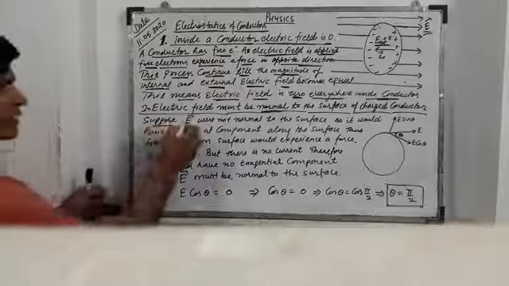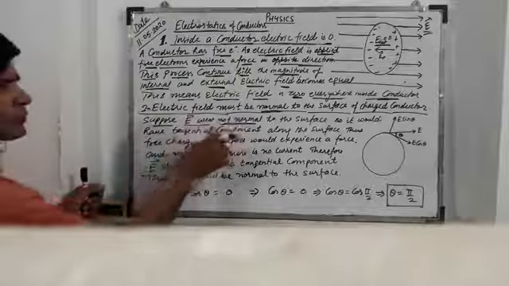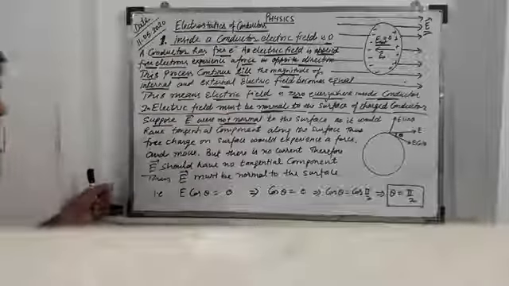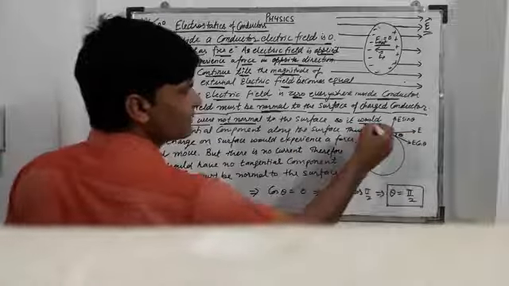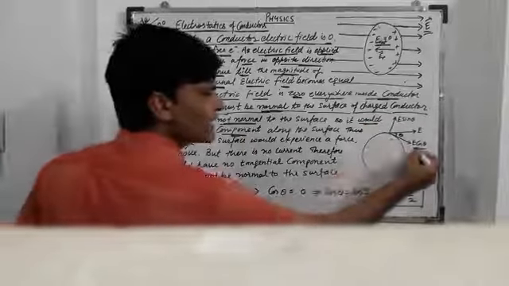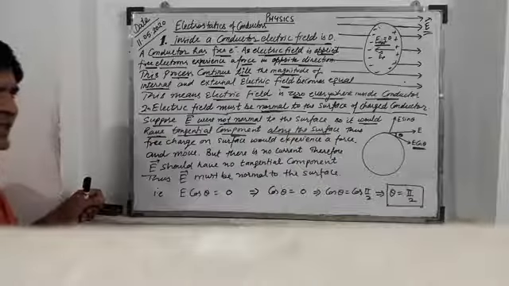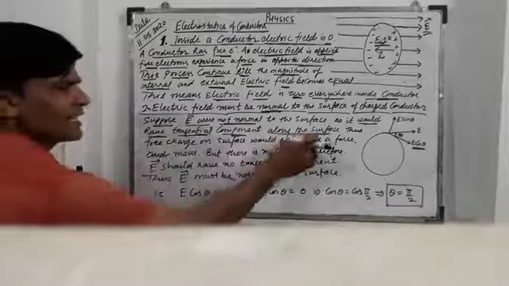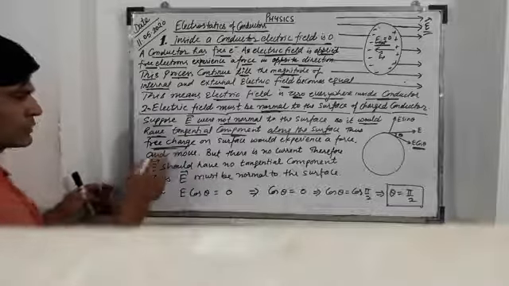Suppose E were not normal, means electric field were not normal, it is at theta angle. Then it would have a tangential component E cos theta along the surface,